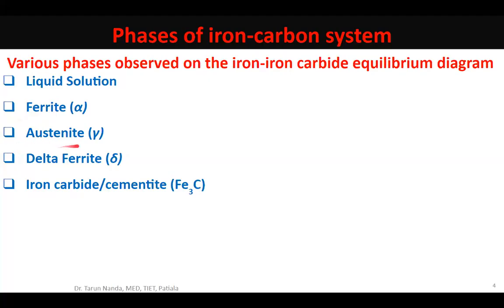Austenite, we get this name because this phase was discovered by a scientist, Sir Austin. So after his name, to give honor to that wonderful personality, the phase was named austenite. Austenite is again a solid solution. It's an interstitial solid solution of carbon, but now in gamma iron. The maximum solid solubility of carbon in gamma iron is 2.11 percentage, and that happens at a special temperature of